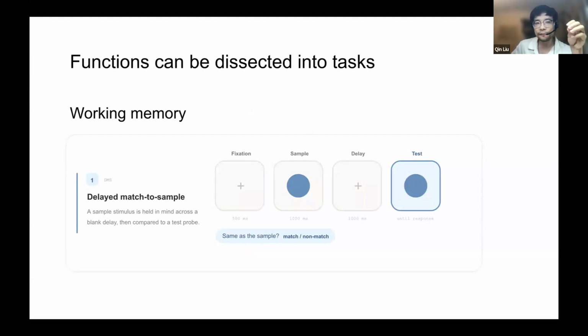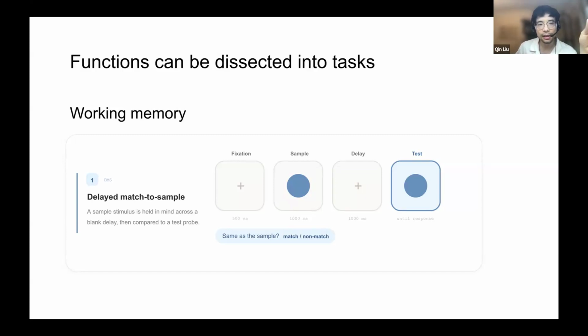So first, we need to define the boundary of the brain function, for example memory, because obviously it's also a very complex brain function by itself. We need to define exactly what we want to simulate. Fortunately, the pioneers in neuroscience and psychology have developed a lot of tests or tasks to isolate the elements of memory that we want to study.